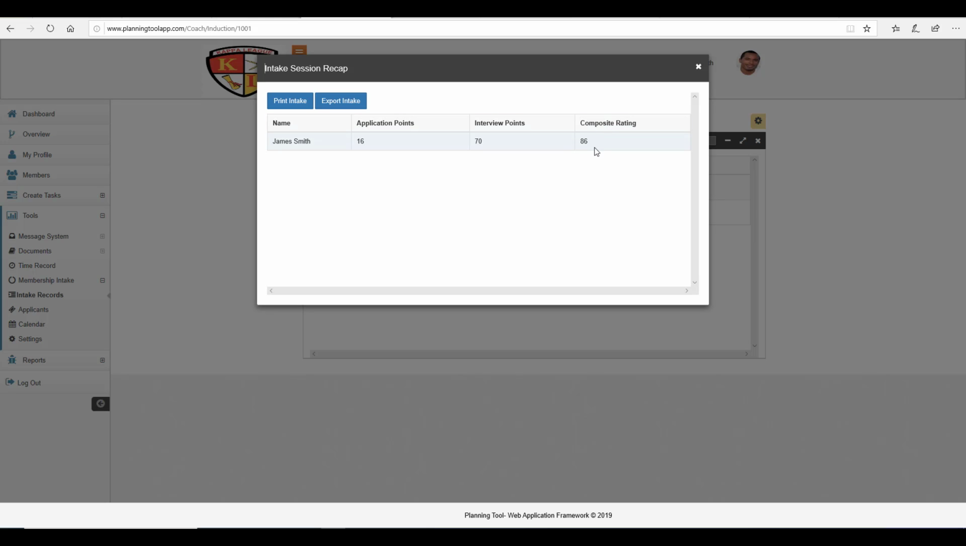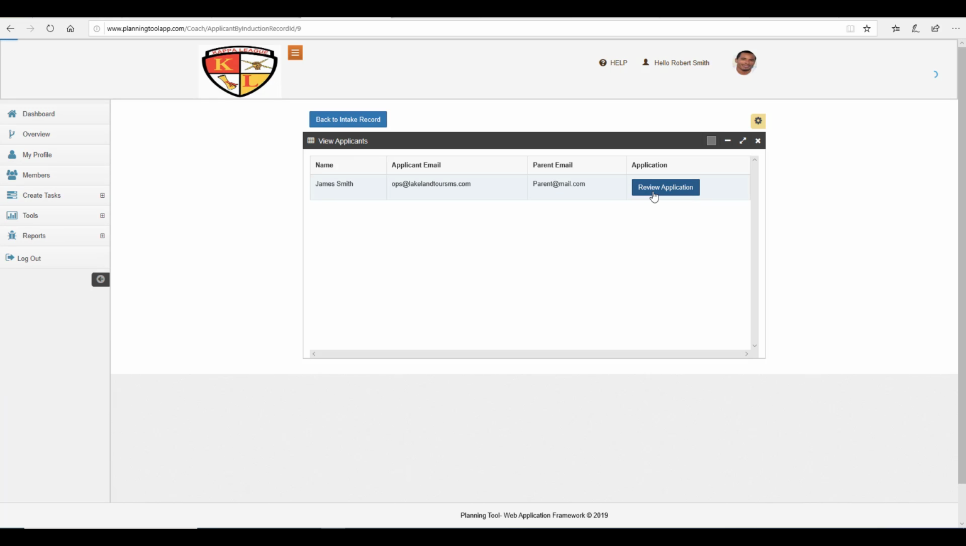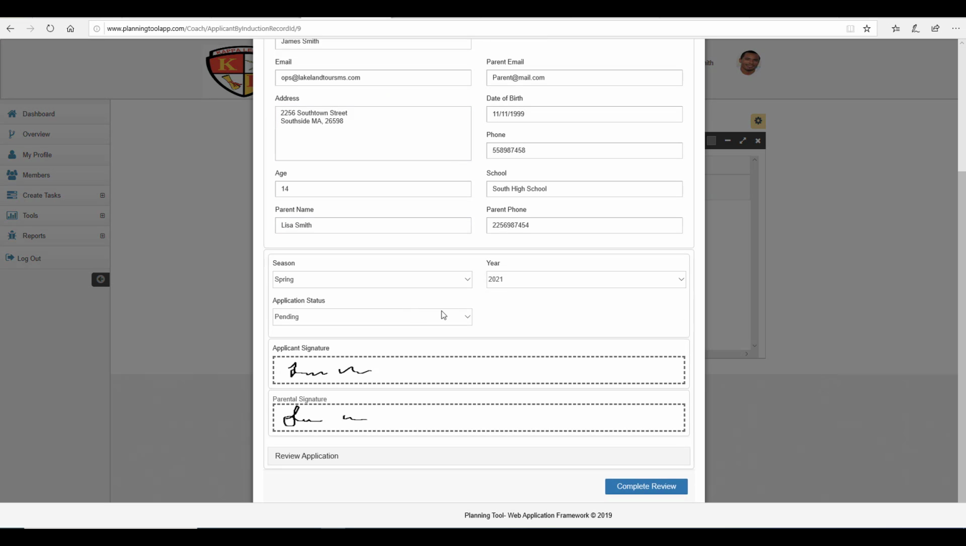Ultimately, when the entire process is done, from reviewing all the applications and interviewing everyone, you'll have a number over here to determine exactly how strong of a candidate they were based on your criteria. You can print this and you can download this to an Excel spreadsheet. So if this applicant has met the threshold to be accepted, you can choose View Applicants, go to Review Application, and change his status. If he's going to be accepted, choose Accepted,